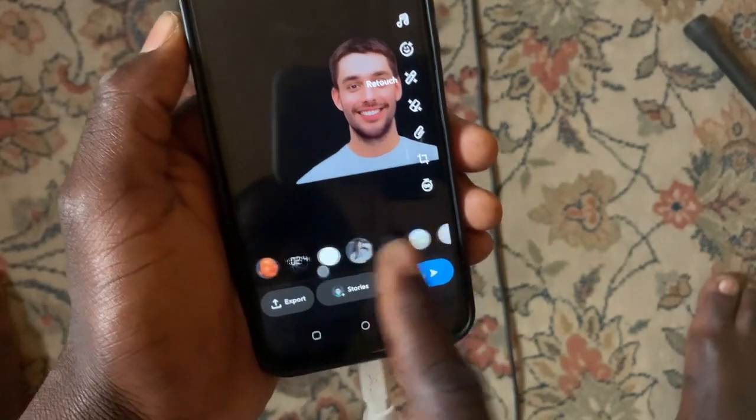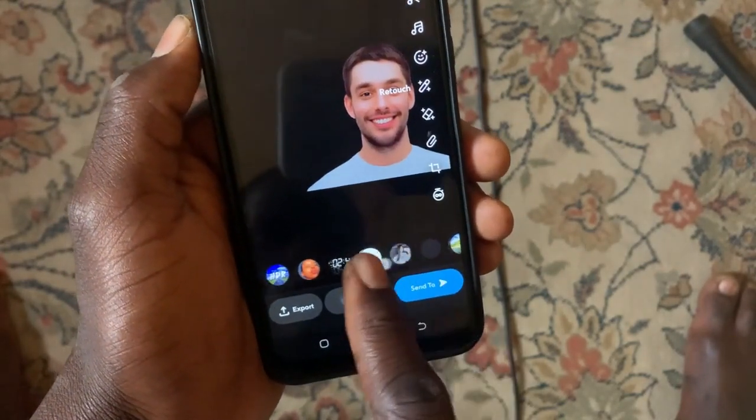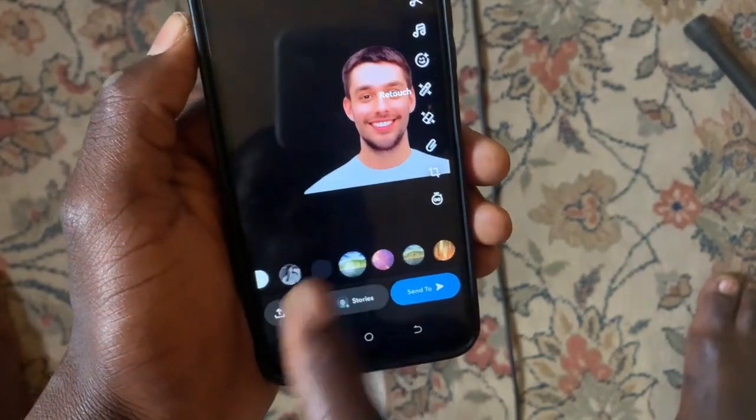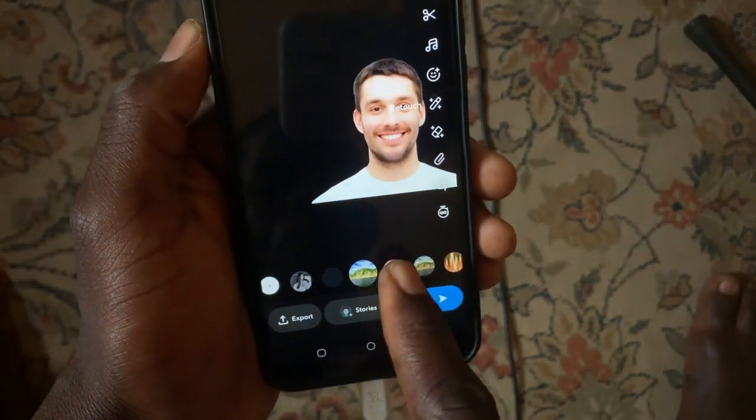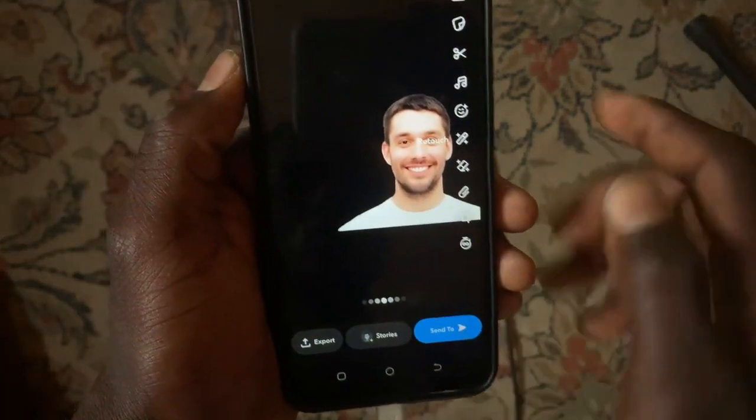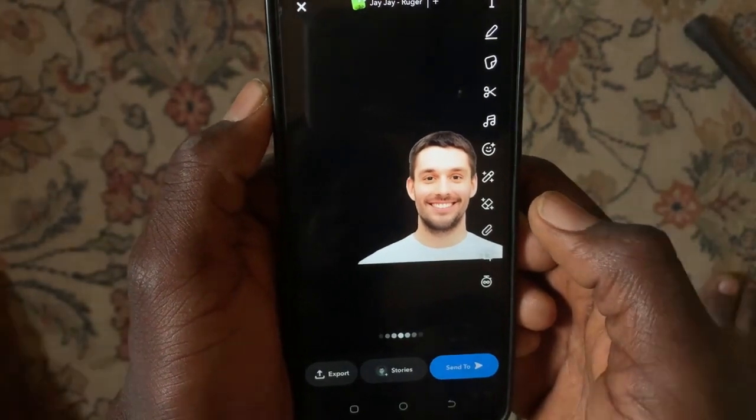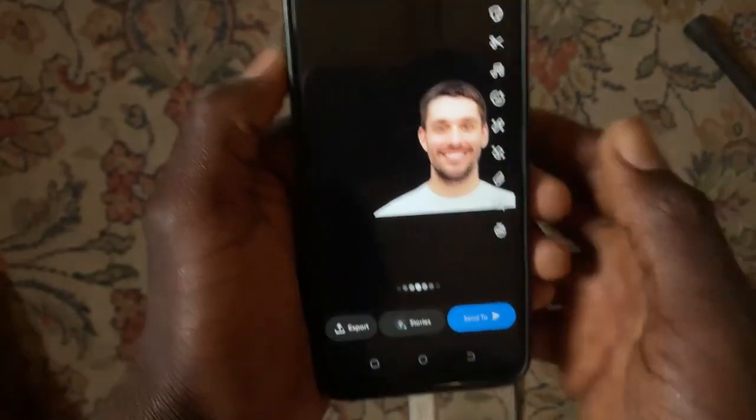So for me, let's say I just want to add this filter, or this one. As you can see, let's say I added this filter to this photo. After I finish adding the filter to the photo, if you want to download the photo, tap on this,